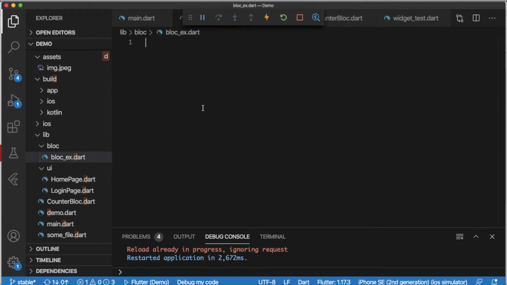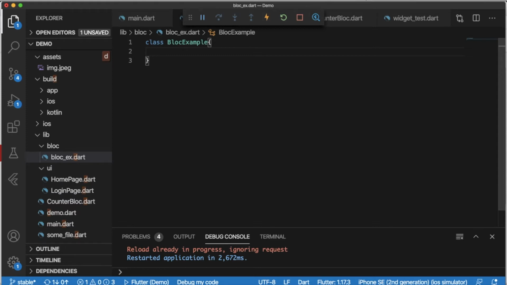In this file we will create a class. The first class would be named BlocExample. So I have this class, and I will implement our BLoC pattern in this class.